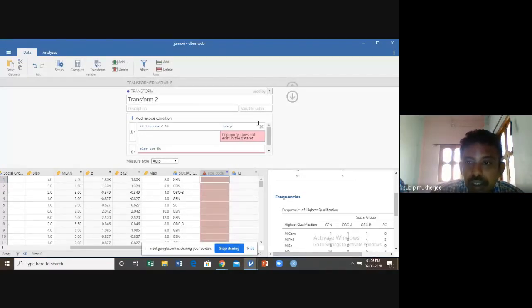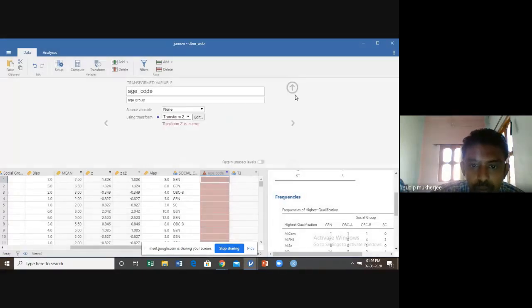What is the source variable? So now we have to specify the source variable. So we start once again. Here the source variable is age.